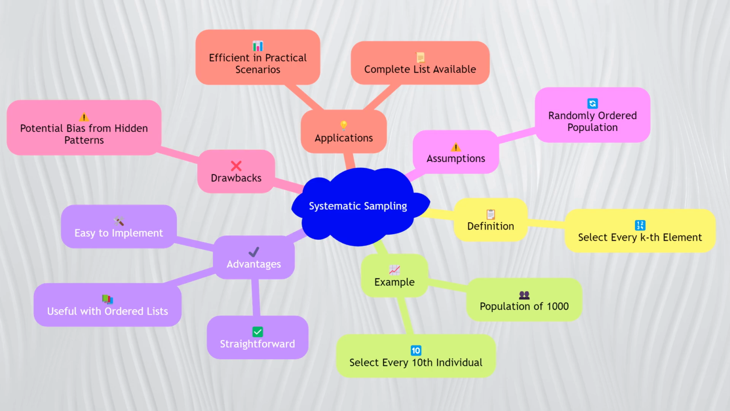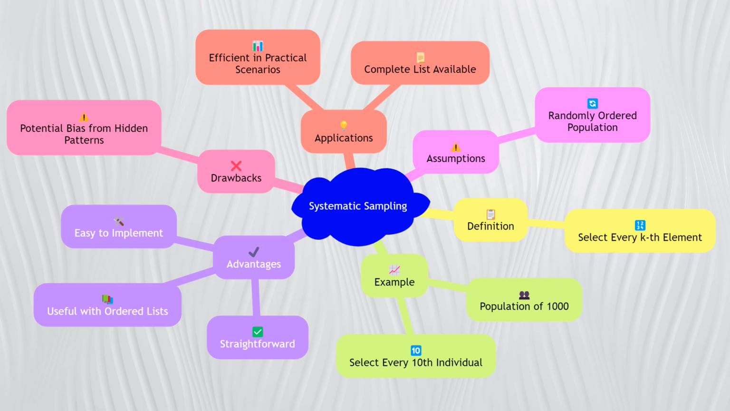However, it assumes that the population is randomly ordered. If there is a hidden pattern in the ordering, systematic sampling can introduce bias. Despite this potential drawback, systematic sampling is efficient and useful in many practical scenarios, particularly when a complete list of